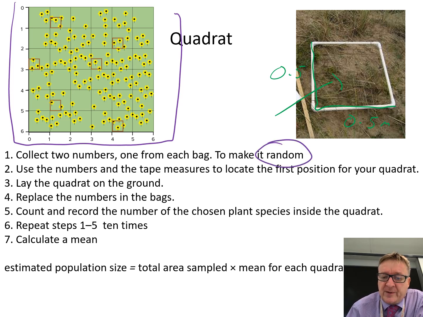We have to be talking about random here, or else people will just get the quadrat and aim for the place where there's the most daisies. It disrupts the data. So possibly the best way of doing it is to get your field and turn it into a grid. Then you've got two numbers, so collect two numbers, one from each bag, and make it random. So you've got one bag and another bag, and each of those bags has